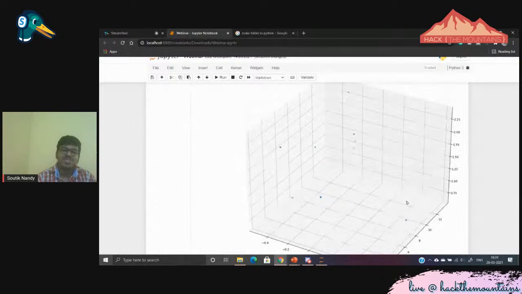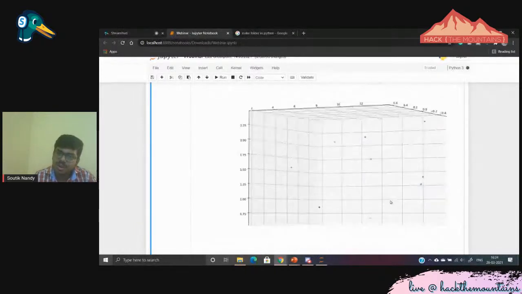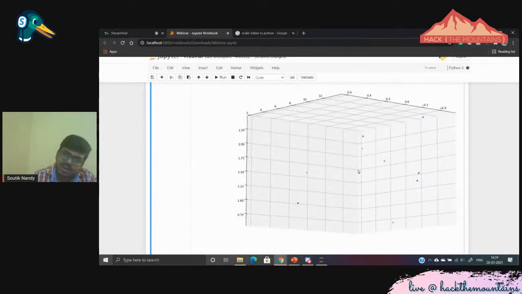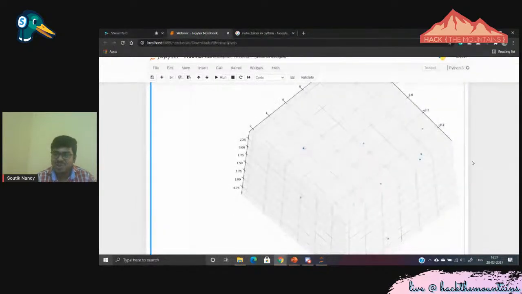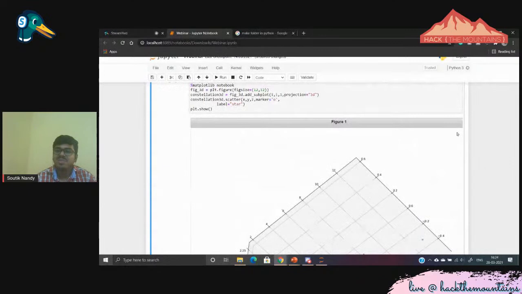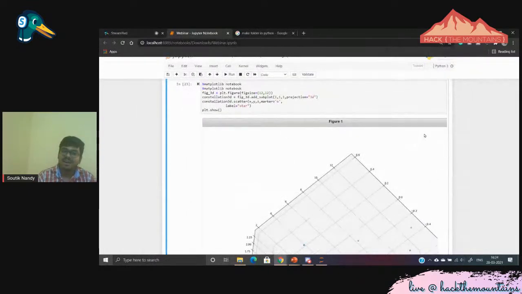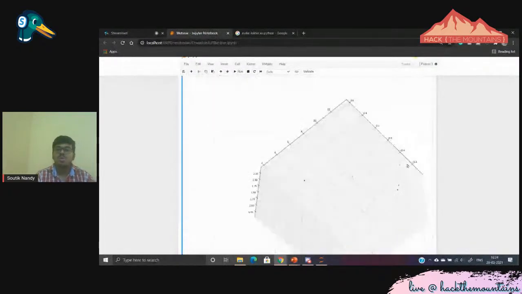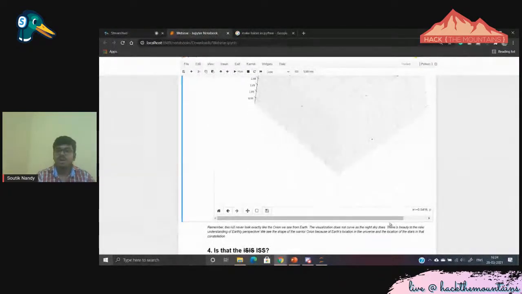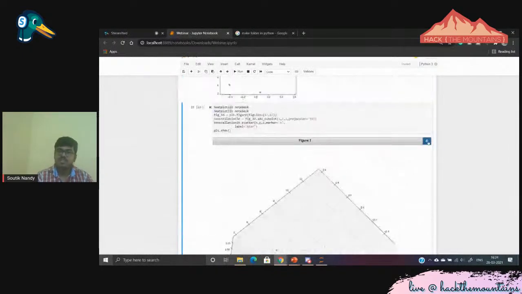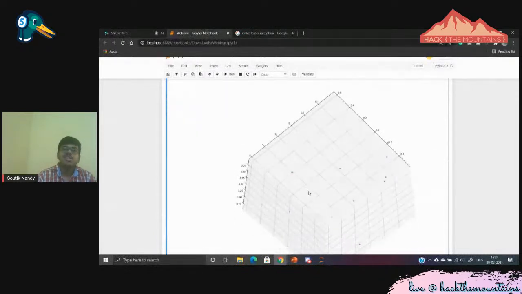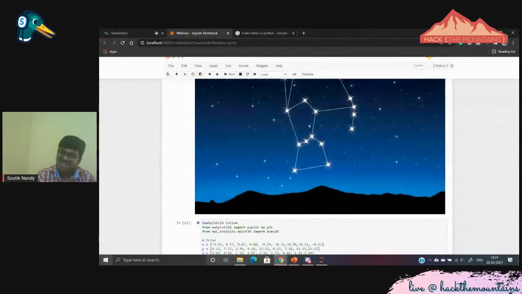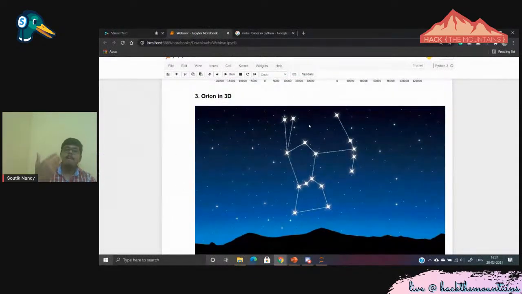So those are the three stars. Well, where is my Orion? I can't see Orion. Why can't I see my Orion? Well, it is because of the location where we are, because of the position of the Earth, because of the curvature of the night sky, because of the distance of Earth from all these stars, that we can see Orion like this. If you weren't on Earth, let's say if you were on Mars, maybe you would not have seen this Orion,